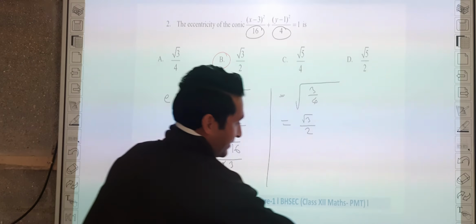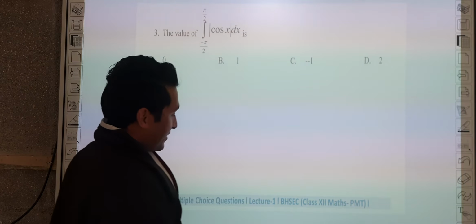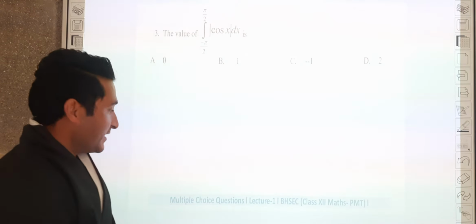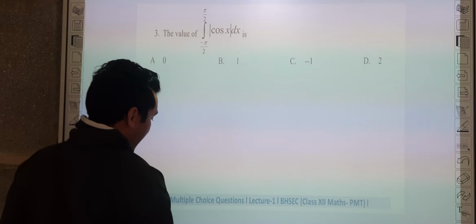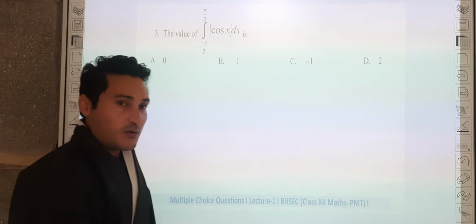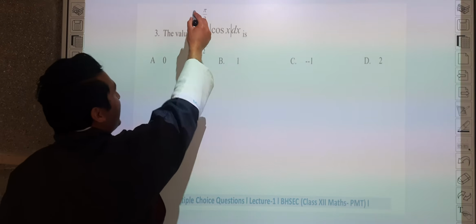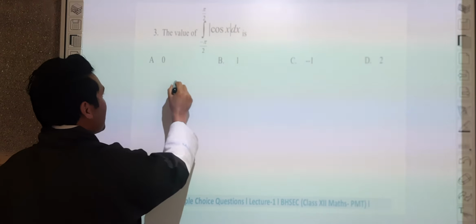Hope it is clear. Now let's look at the next question. In the next question, we have to find the value of the given definite integral. So what is the concept that we have to remember here? The limit is from minus a to a. If we have something of this type,